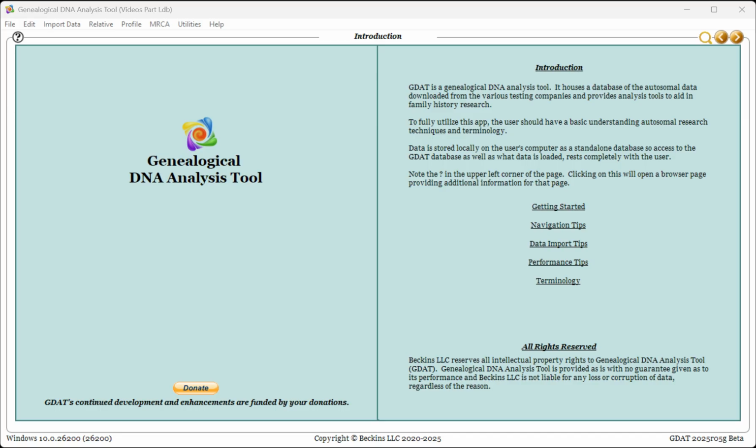Now it's time to open GDAT. When you first open GDAT, it creates an empty database. And this is the screen that you will see then. This is a very brief screen giving you tips on how to use GDAT. The first thing we want to do